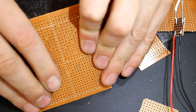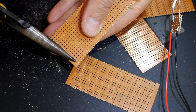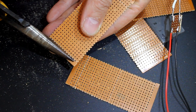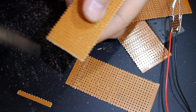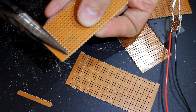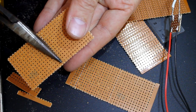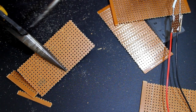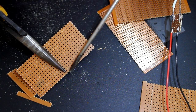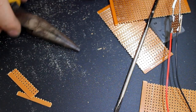We'll snap them up. This one here. Snap. On these small strips along here, it's a little bit hard to get your fingers into, so I just use a pair of pliers just so that you've got the strength. My fingers aren't that strong. Maybe if your fingers aren't strong, you could do that in the middle there. But the important thing here is that I've got the pair of pliers and I'm supporting that edge. So here we have